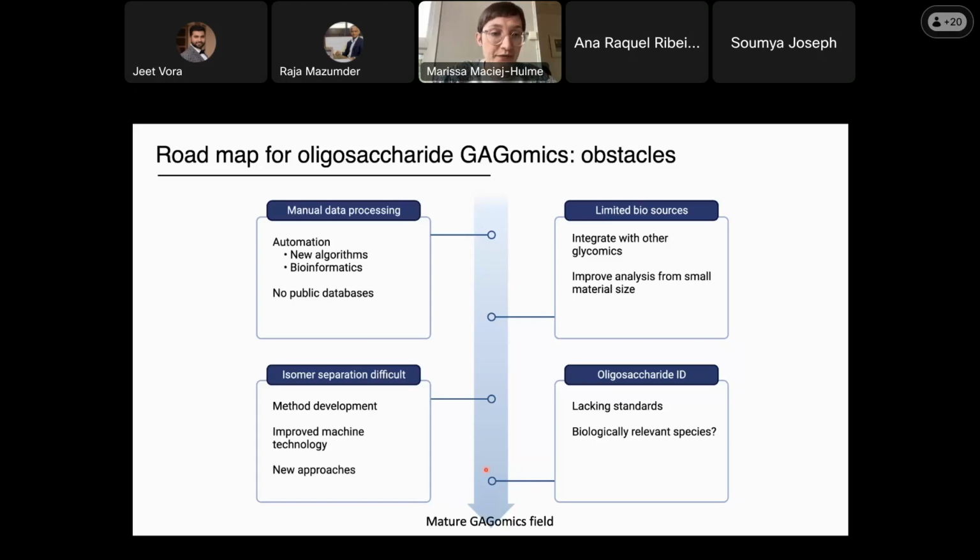Further down the line, it will be necessary to continue solving isomeric issues of mass spectrometry, as currently their separation is tricky and very specialist. And the generation of oligosaccharide standards will also need to be completed. Their availability is limited, mainly because we don't know which standards to make. So improvement in the biosources and data generation should help guide which standards will be important to synthesize and implement routinely for particular analyses.